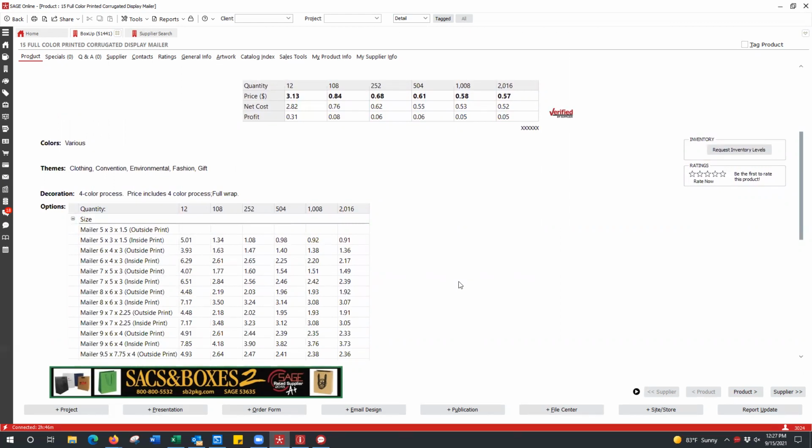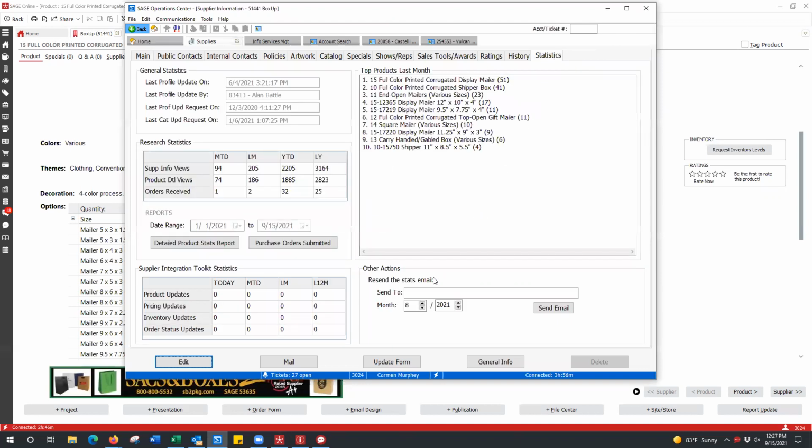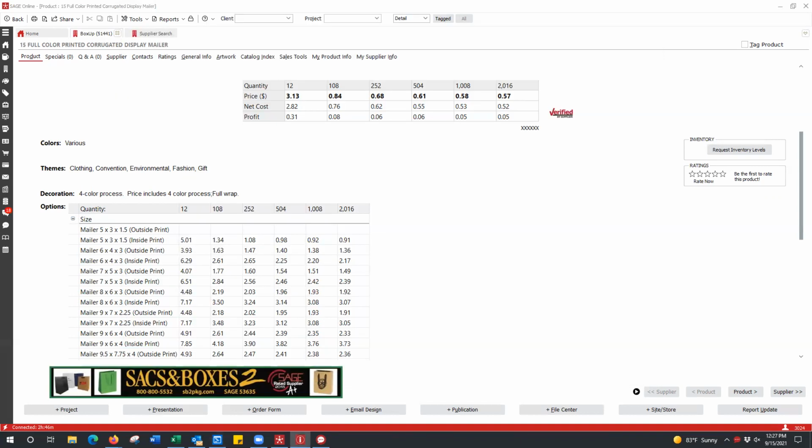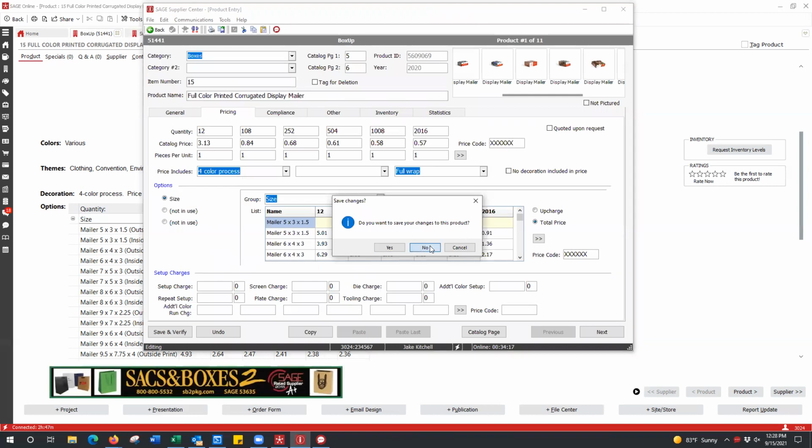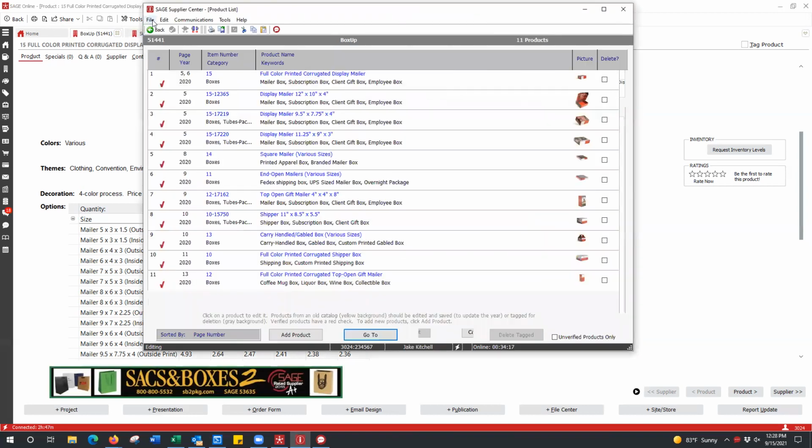Do you know how many views this particular product has right now? Is that constantly updated, or does it go back from day one? Is it current views or overall? That was last month. So the algorithm pulls its data on the month. Does that make sense? Yes. And you can actually see your product views in the supplier center as well. Yeah, I know how to do that part actually.